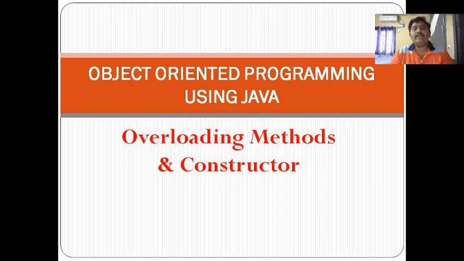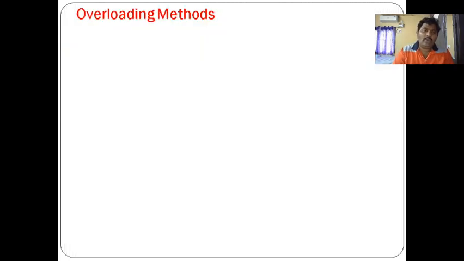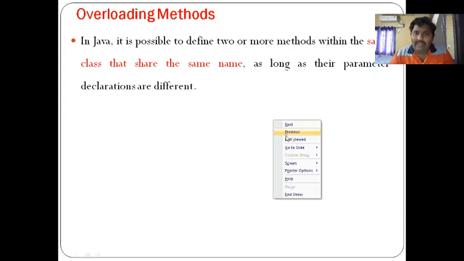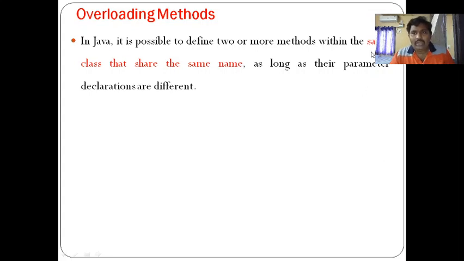Today we are going to discuss overloading methods and overloading of constructors. What is meant by overloading methods is that in Java it is possible to define two or more methods with the same name. Normally, as we have already seen in the previous classes, a class can have many methods. In C or any programming language we write many methods in the normal way. But here we have many methods whose names are the same. The name of the method is the same. So that is called as